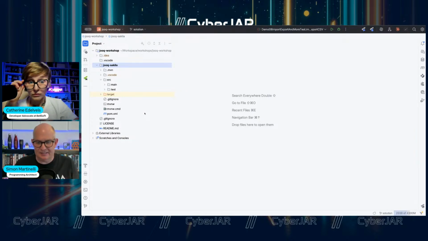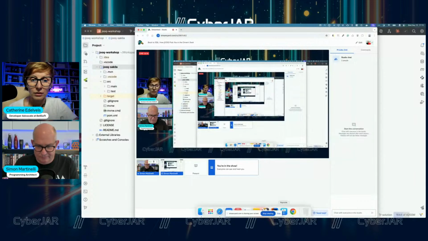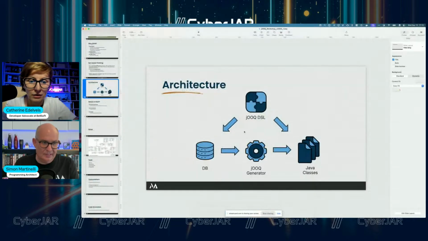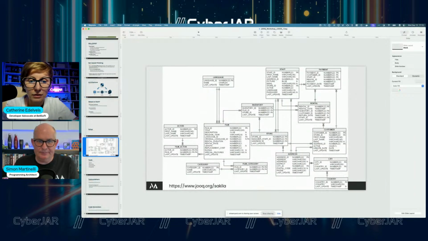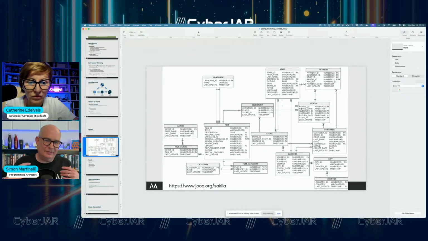Sakila is a schema. And wait a minute, I have to share my entire screen, otherwise I have to switch that. This one. Okay. So maybe I go ahead to this picture here. This shows the Sakila database, and that's a very old data model, but MySQL used that as an example schema if you want to learn MySQL back in the days.